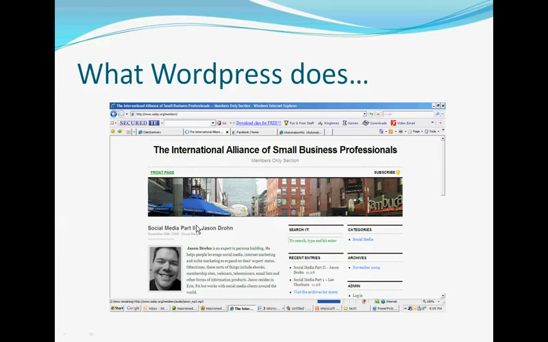The big thing to know about WordPress is it also lets you choose themes. A theme is just the way your page, your website or your blog, looks. And there are thousands of them available. They're very up to date, very cool looking, sleek looking. You can put up something very nice looking that makes you look like a lot bigger than you are. Let's put it that way.